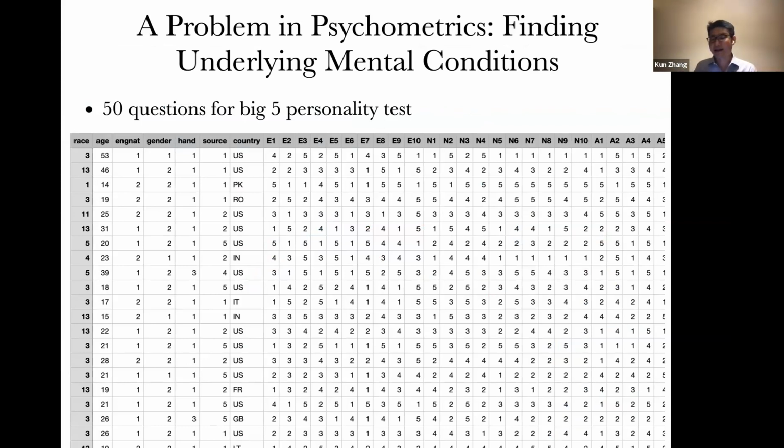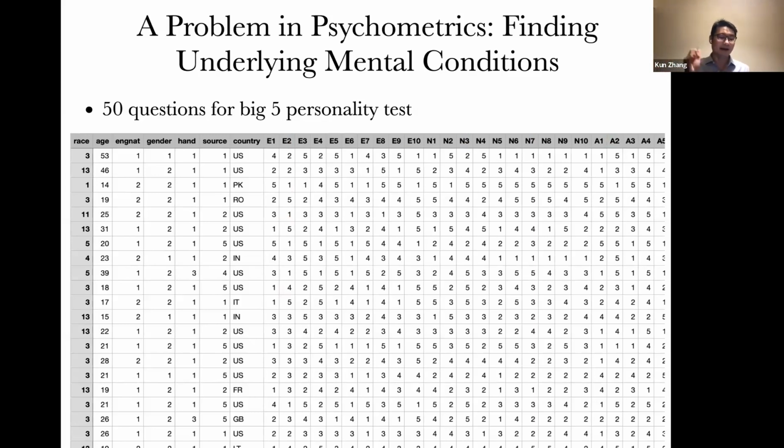You can only design some questionnaires, collect answer scores, and do analysis to try to understand the underlying personality dimensions, right? So right here on the right, you can see the questionnaire designed by those experts. Traditionally, they use the Big Five personality test. Here by Big Five, I mean OCEAN. O is for openness, C is for conscientiousness, E is for extroversion, and so on.